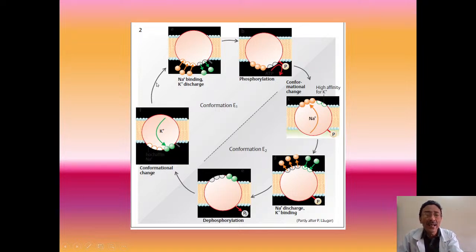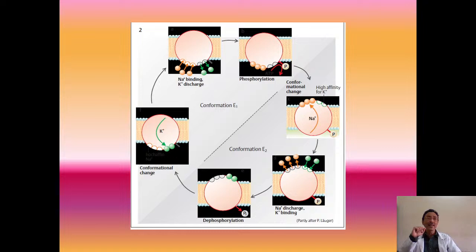Thus you will see here that these things are happening: sodium ions binding, dephosphorylation taking place, a conformational change taking place, and a 180 degrees rotation of the channel protein taking place. So the sodium which was inside now moves to the outside. As soon as the sodium is moving outside, the affinity of the potassium binding sites increases. Dephosphorylation takes place after the binding is over. Another 180 degrees rotation of the carrier protein takes place, and now the potassium has come inside the cell, and in the final stage it is liberated.